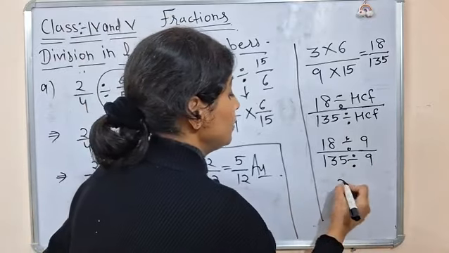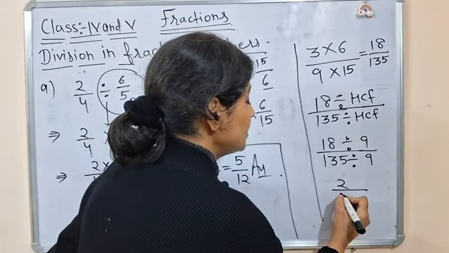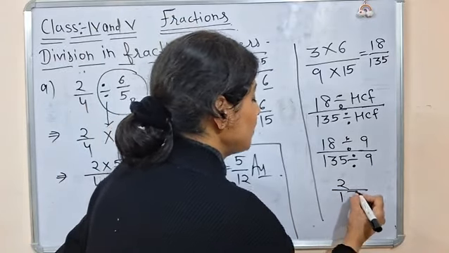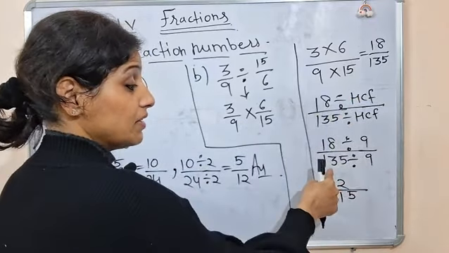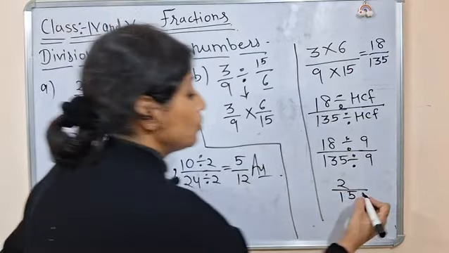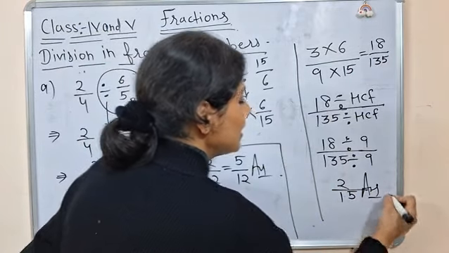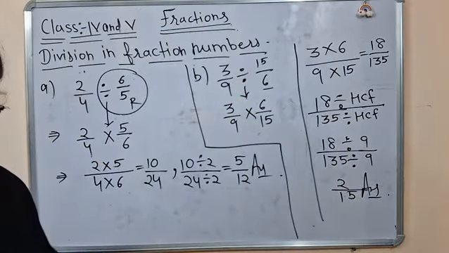Okay, so 9 2s are 18, 9 1s are 9, 9 5s are 45. 135 को जब आप 9 से डिवाइड करोगे, जैसे हमने 15 9s किया था, 135 आया था, तो जब डिवाइड करा, 15 आया. So now this is my answer. Isn't it simple? Yes, it is very simple. So this is how we use the division concept in fractions.